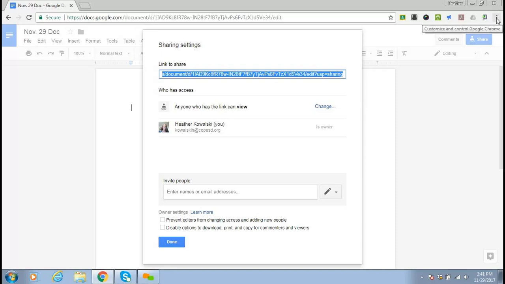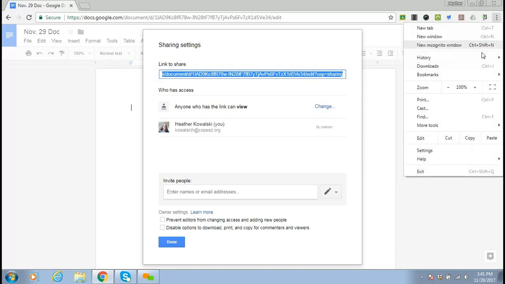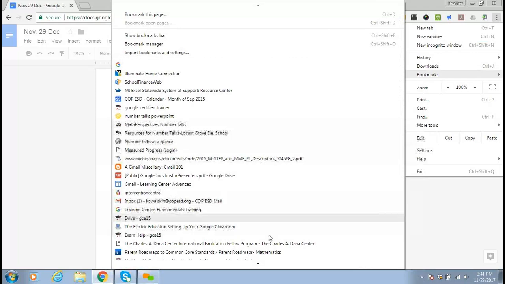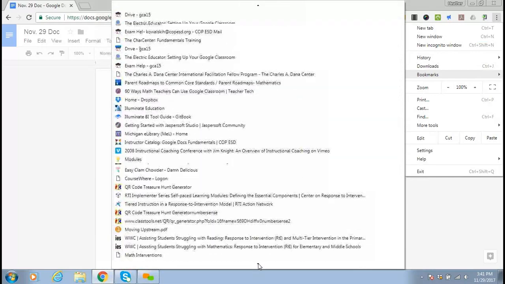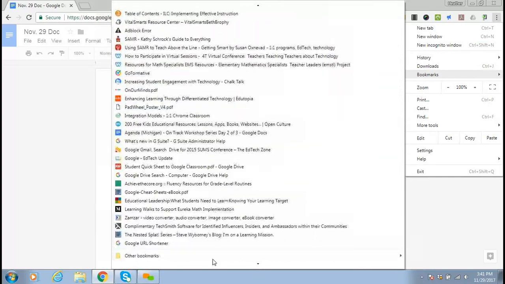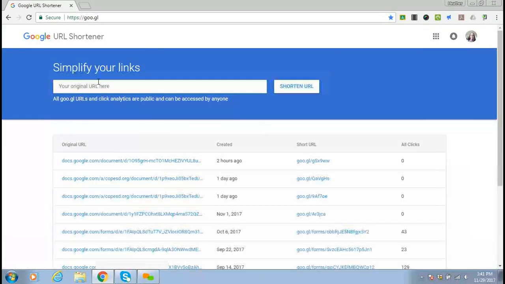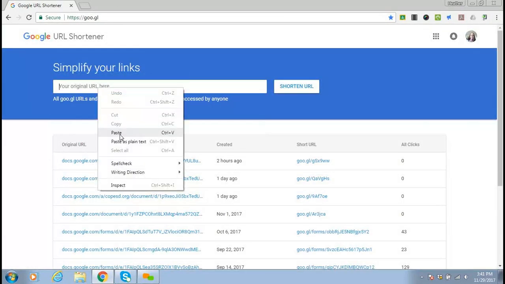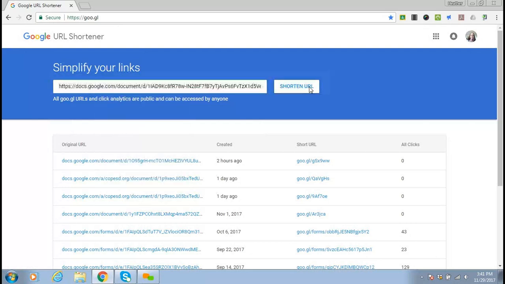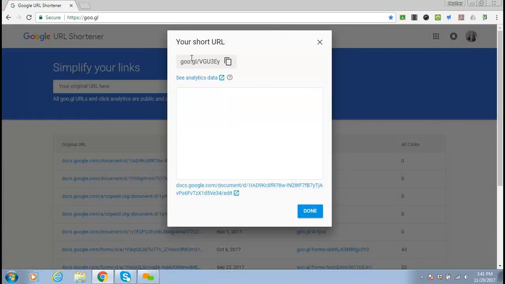But if you just Google Google URL shortener, you'll find it. I'm going to go down to my bookmark here and Google URL shortener, and I'm going to paste that long link here, shorten URL, and now I have this very little short URL I can copy,